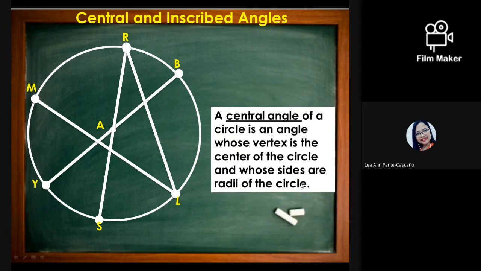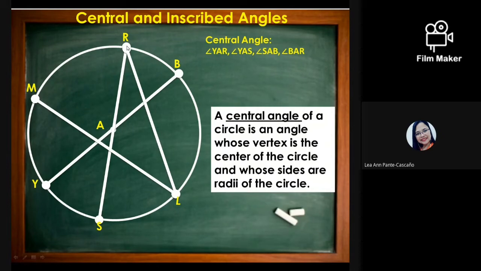So, identify muna natin, ano ba yung letter na ginagamit natin sa center ngayon? We have here letter A. So, ibig sabihin nandito yung center. Yung vertex daw dapat po ng ating central angle is the center. Tapos, yung sides daw dapat ng ating angle ay radii. So, ito pala siya. So, tingnan natin yung mga central angle na meron tayo. Meron tayong angle